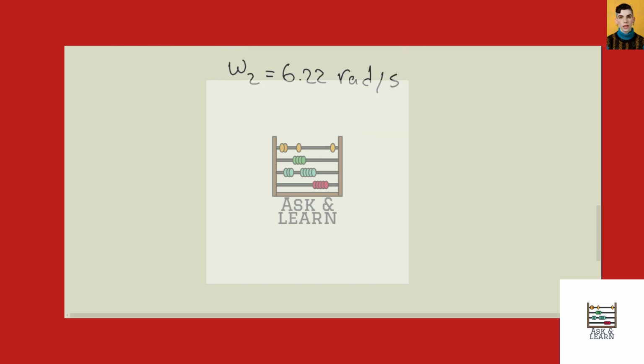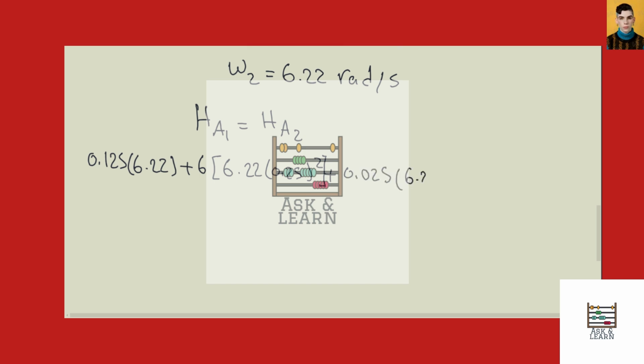And HA1 equals HA2. So we have 0.125 times 6.22 plus 6 multiply 6.22 times 0.25 square plus 0.025 times 6.22 plus 10 times 6.22 times 0.55 square, which is equal